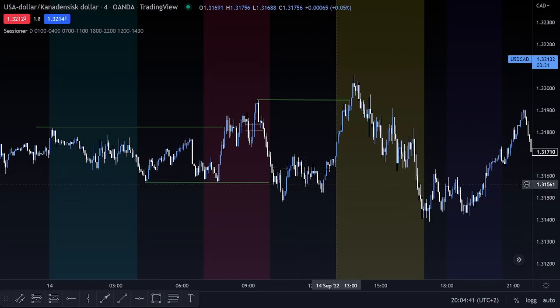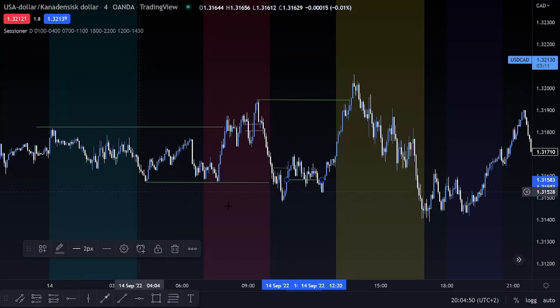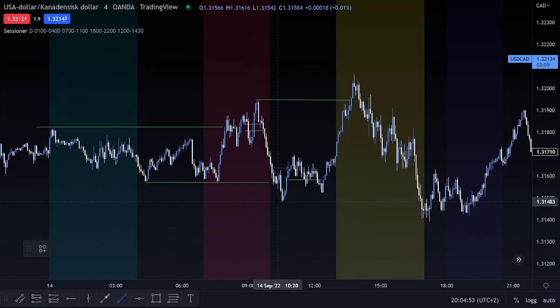Price is trading down into a discount here, so we have a fair value gap here. We can take an entry if we see this setup forming. What do we attack? Well, of course we can target the half of the day here, but